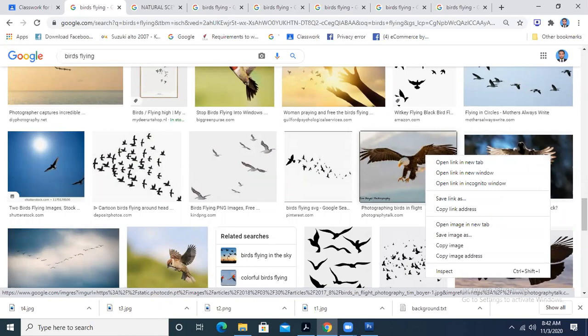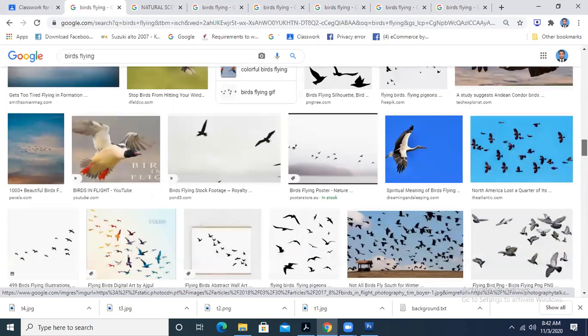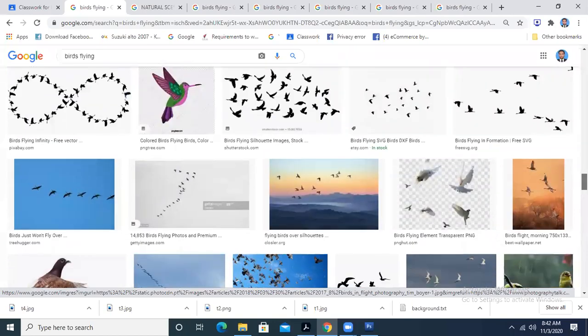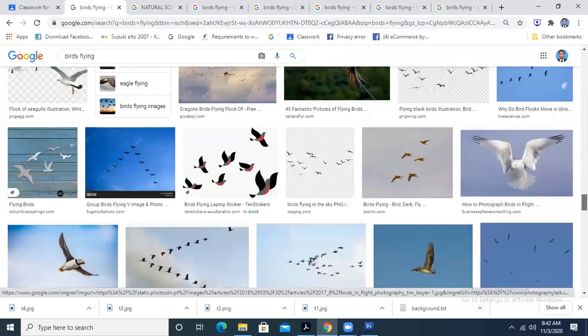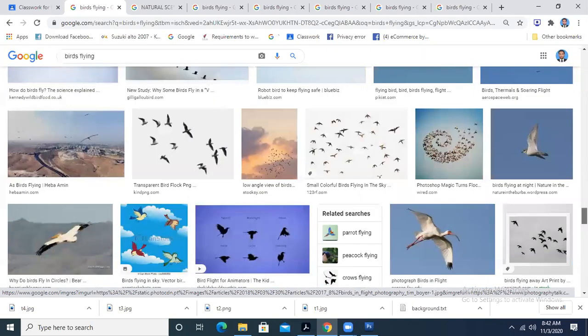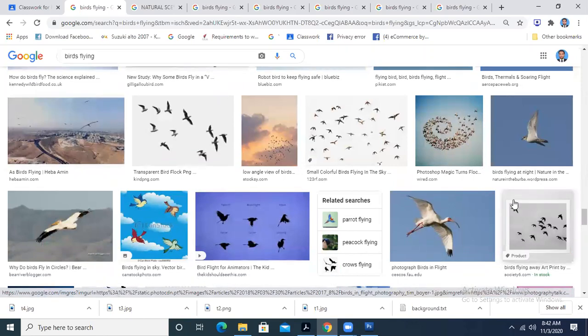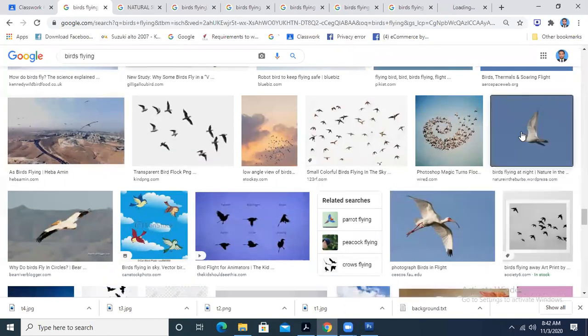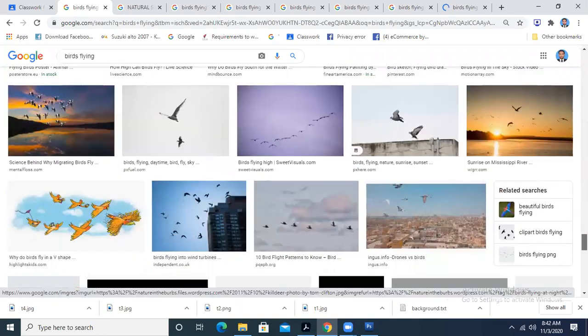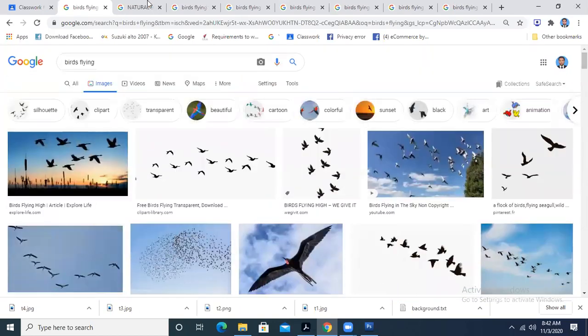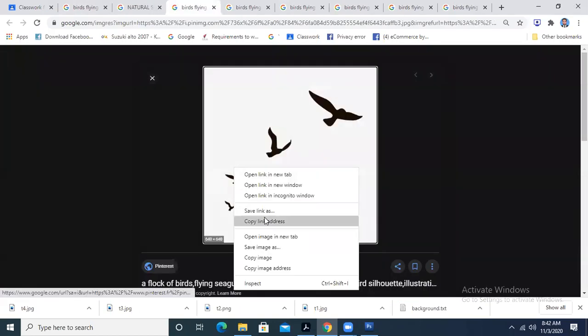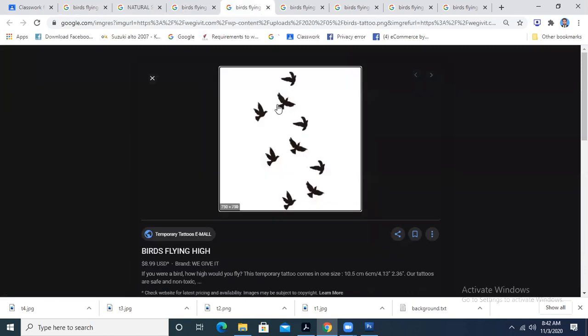So we can take such images which are suitable, and from where we can easily remove the background, because we don't want to have the background. Okay, now I have taken three or four or five which I consider enough.